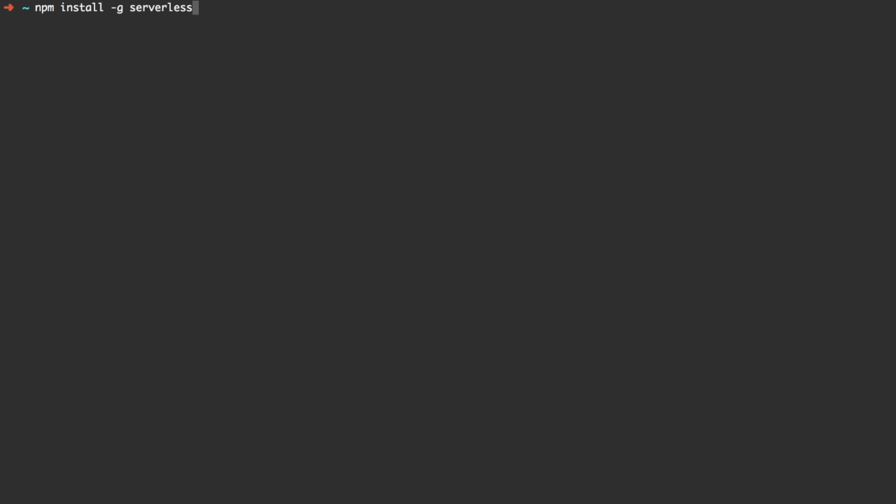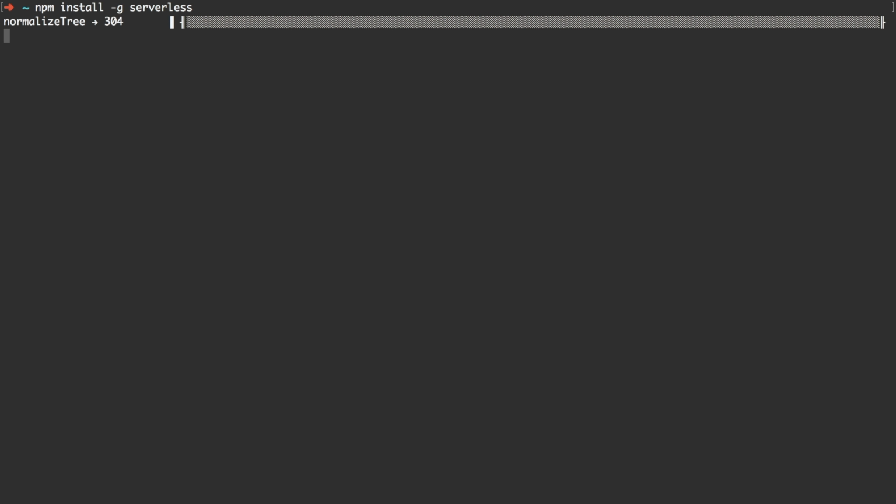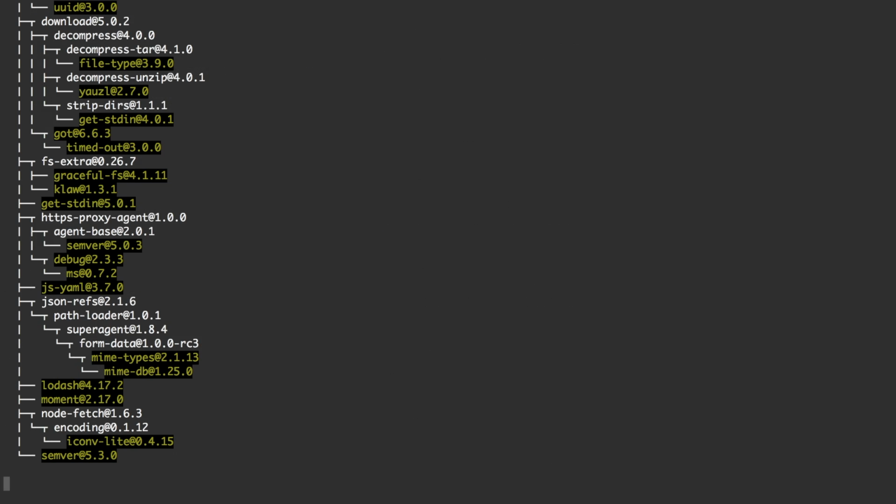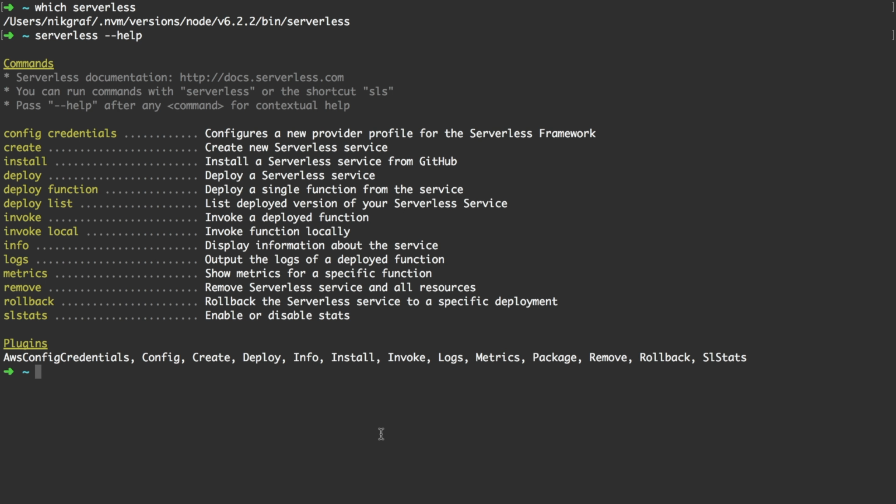To install the command line interface, we're going to use npm install -g for global and then serverless to download the CLI. This makes the executable available in our terminal, and then we can type serverless --help to see all the available commands. Next up, we need to store AWS credentials on our system so the Serverless CLI can actually interact with